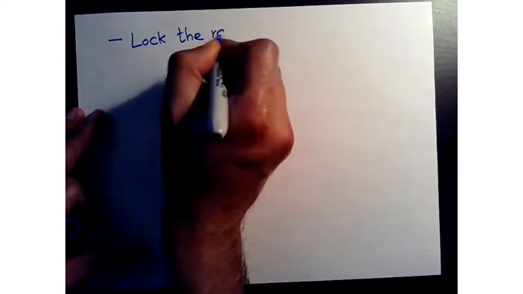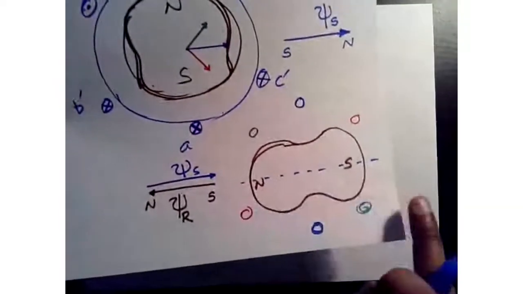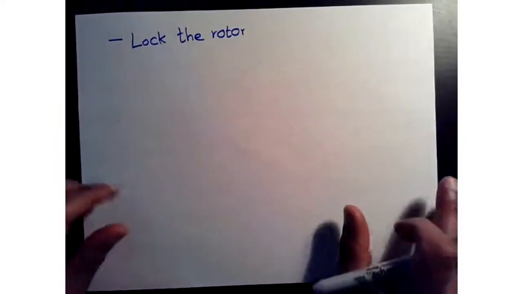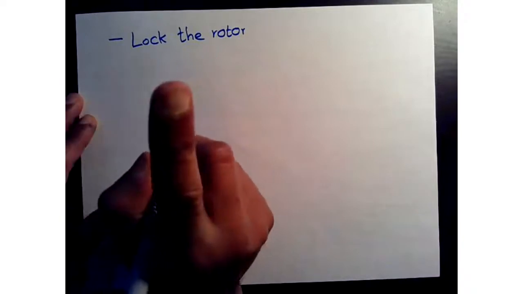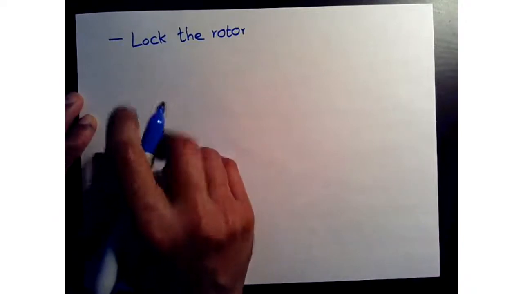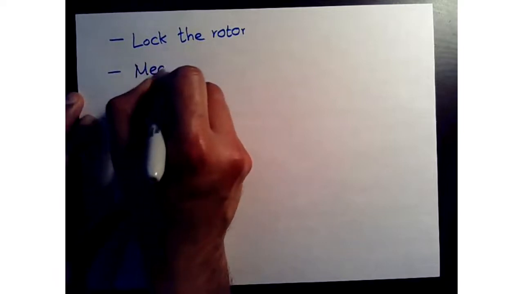Alternatively, and this is kind of the standard practice, once you have aligned with the DC current, lock the rotor so that the rotor alignment does not change. It cannot change. Once you lock the rotor, lock the shaft in place with respect to the stator, so the stator can't move either. Now we will measure